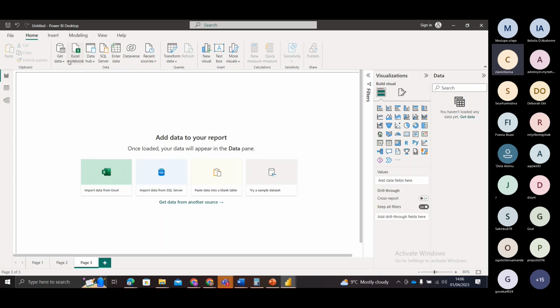we're going to look at the get data. We have been talking about get data, get data, get data. This is the almighty get data. When I click on this,